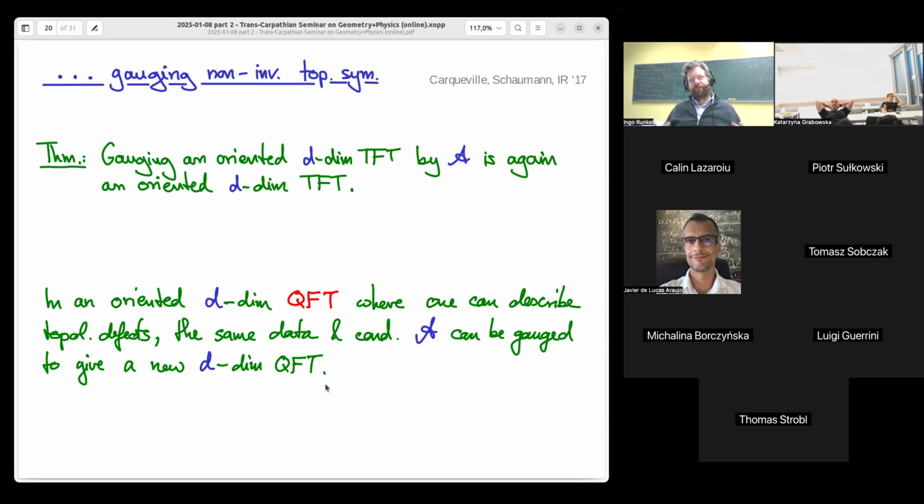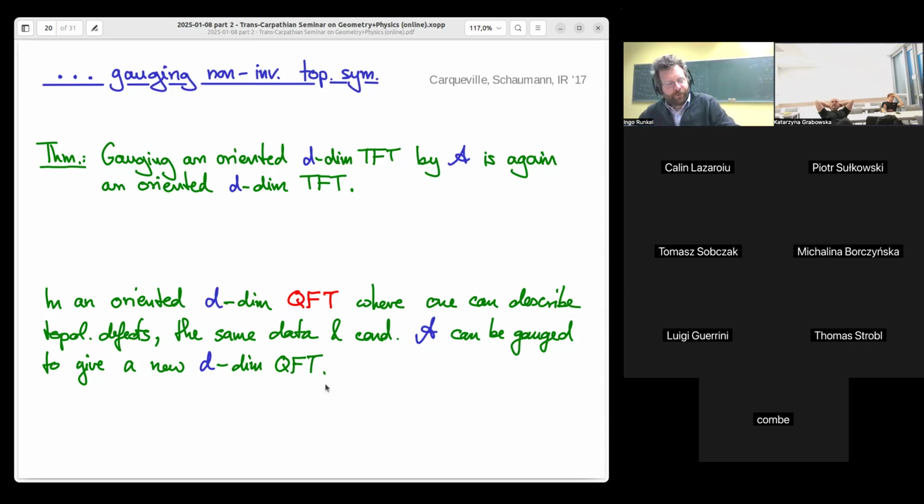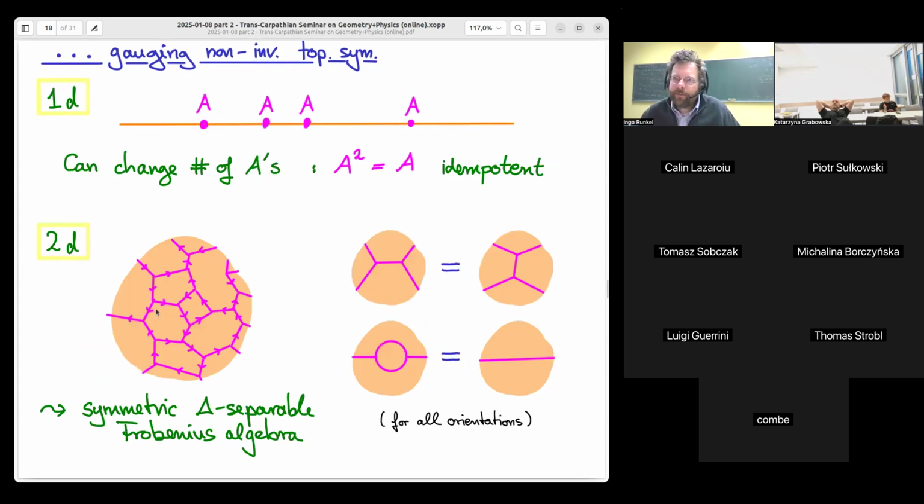So if you gauge one of these topological Z2 symmetries, for example, then if I go back, this purple line would be the sum of the simple object 0 and the simple object 1 in my category of what's the Z2 symmetry. And then one can compute what these vertices are. You would find that if you try to do this in Vect Z2, you find a solution for these conditions, and if you do this in Vect Z2 omega, then you do not find a solution for that condition.